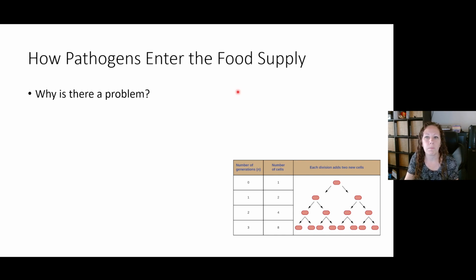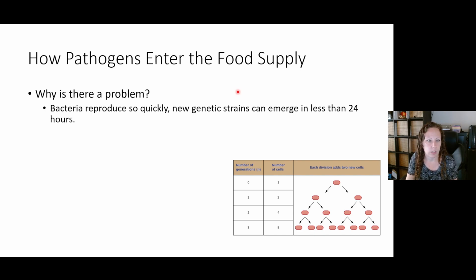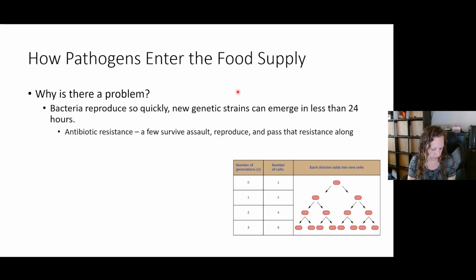So one of the big problems with pathogens is that bacteria reproduce so quickly that new genetic strains can emerge in less than 24 hours, okay? So we can have full genetic changes in a matter of hours, not days, not years, but hours, okay? And these changes can be imparting antibiotic resistance. And so how that works is you have this group of bacteria, you apply an antibiotic, and